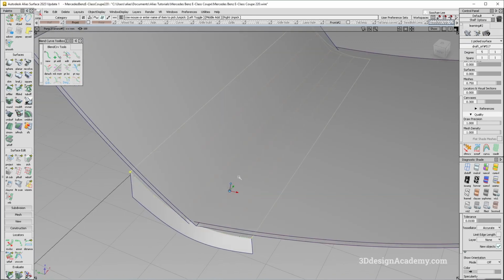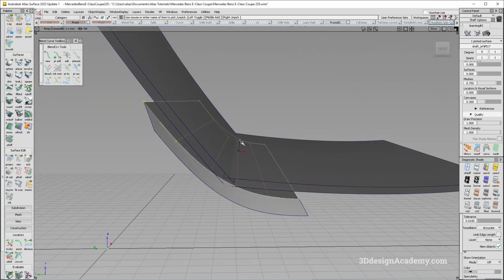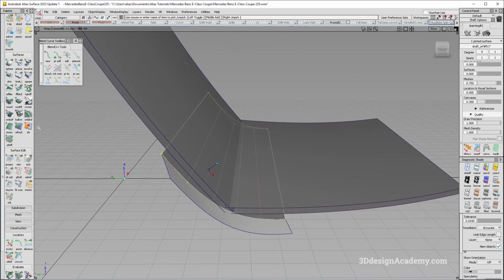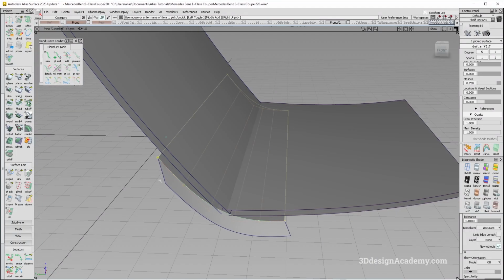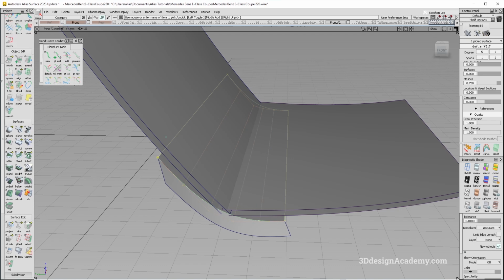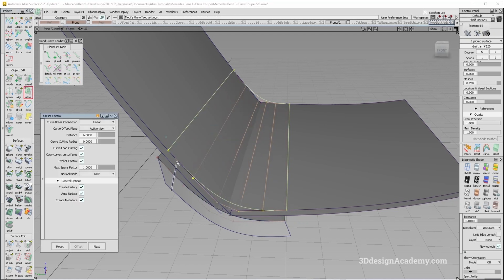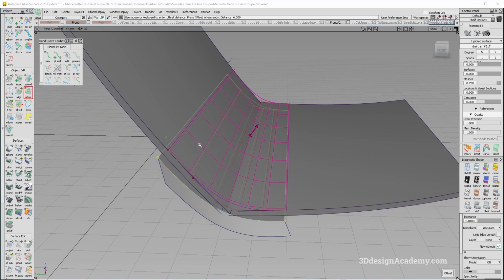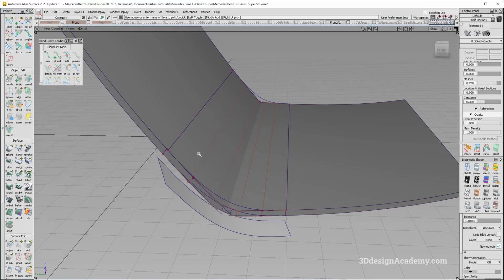to do the offsets. Now, the only problem is I don't like how the CV is being crunched up over here as it goes towards the outboard side, or not outboard side, towards the rear. So let's just go ahead, and I'm going to just basically still offset it, but just take this front edge in order to create the fillet. So let me show you what I mean. So I'm just going to offset it 3 mils, or well 6 mils over here, and I'm going to offset it 3 mils over here like this,